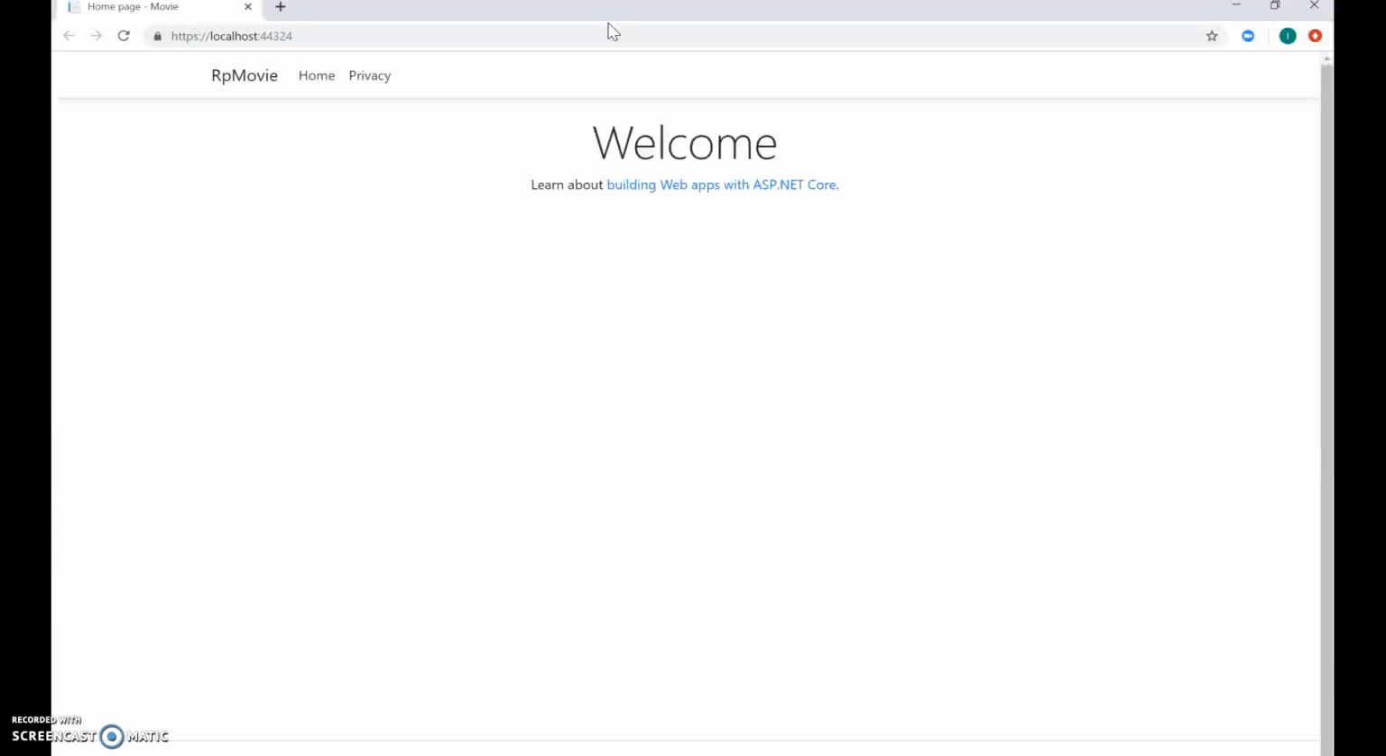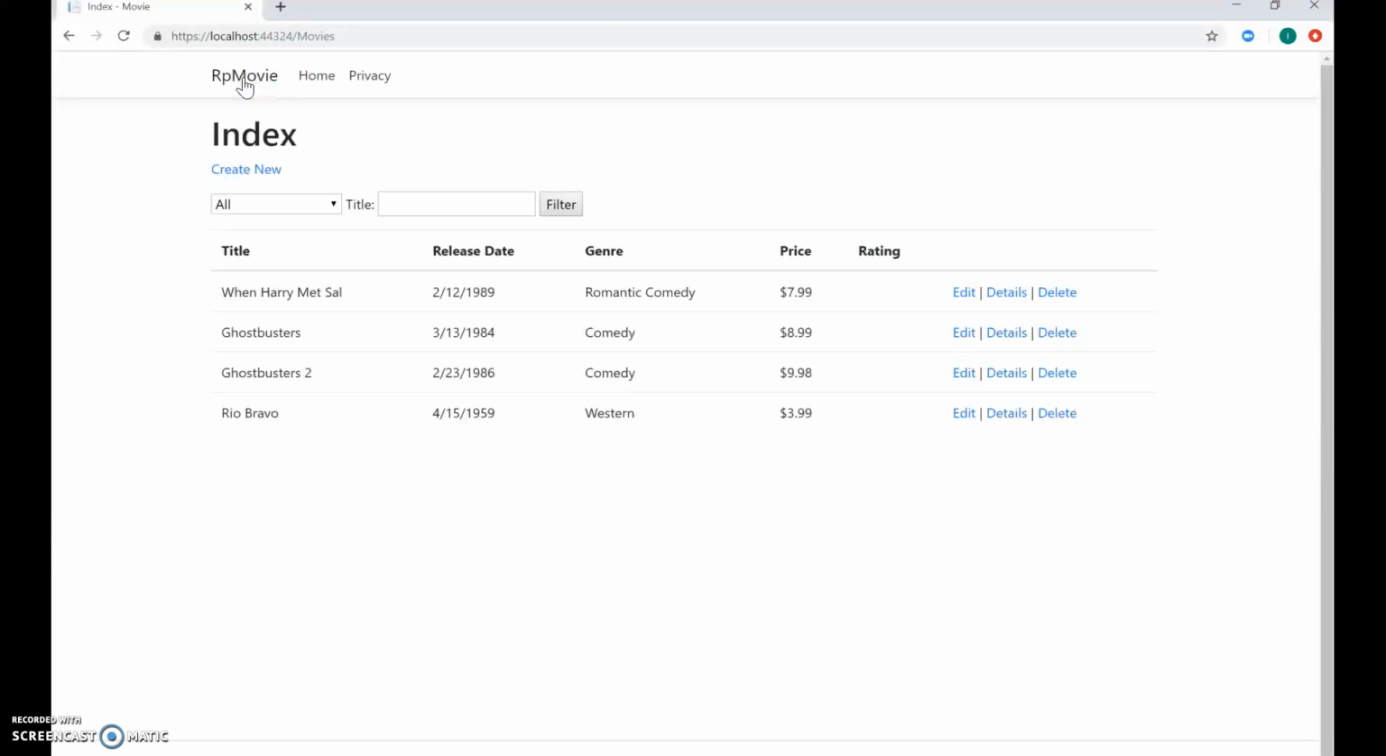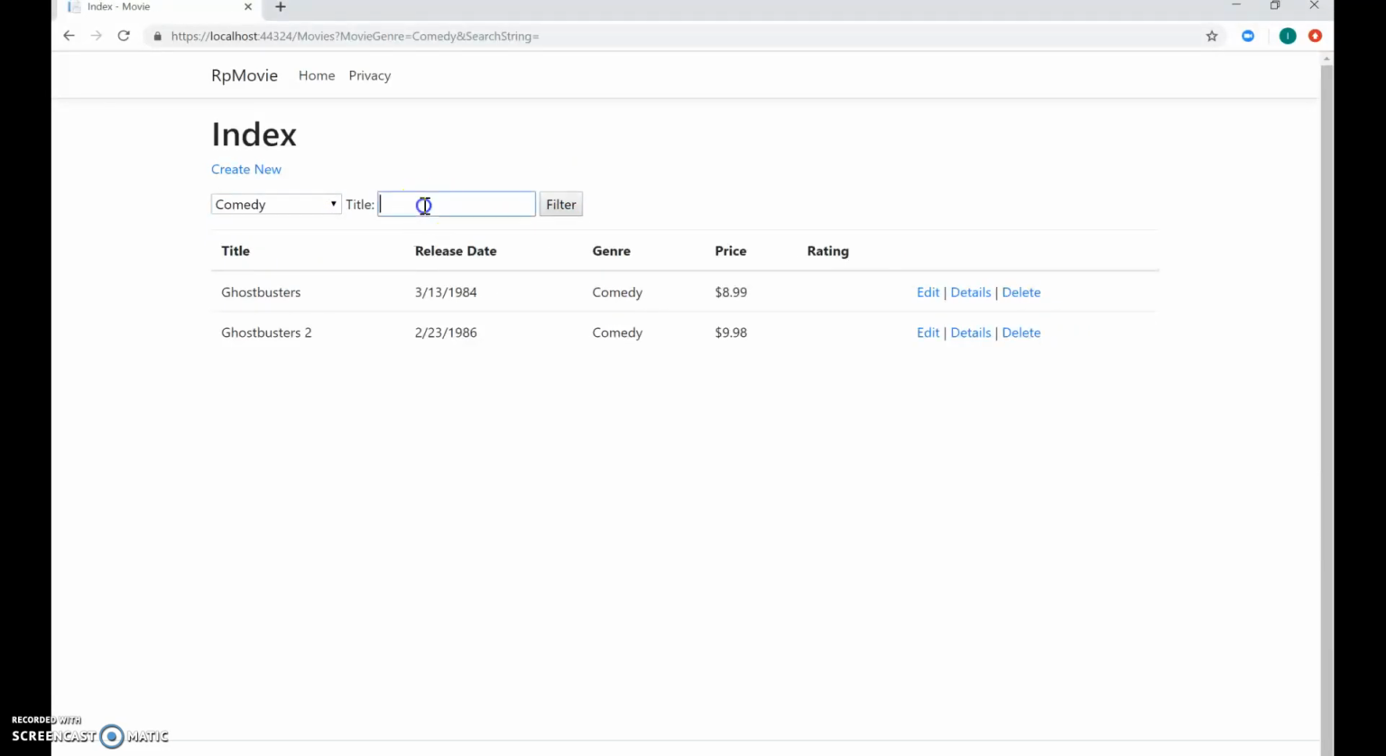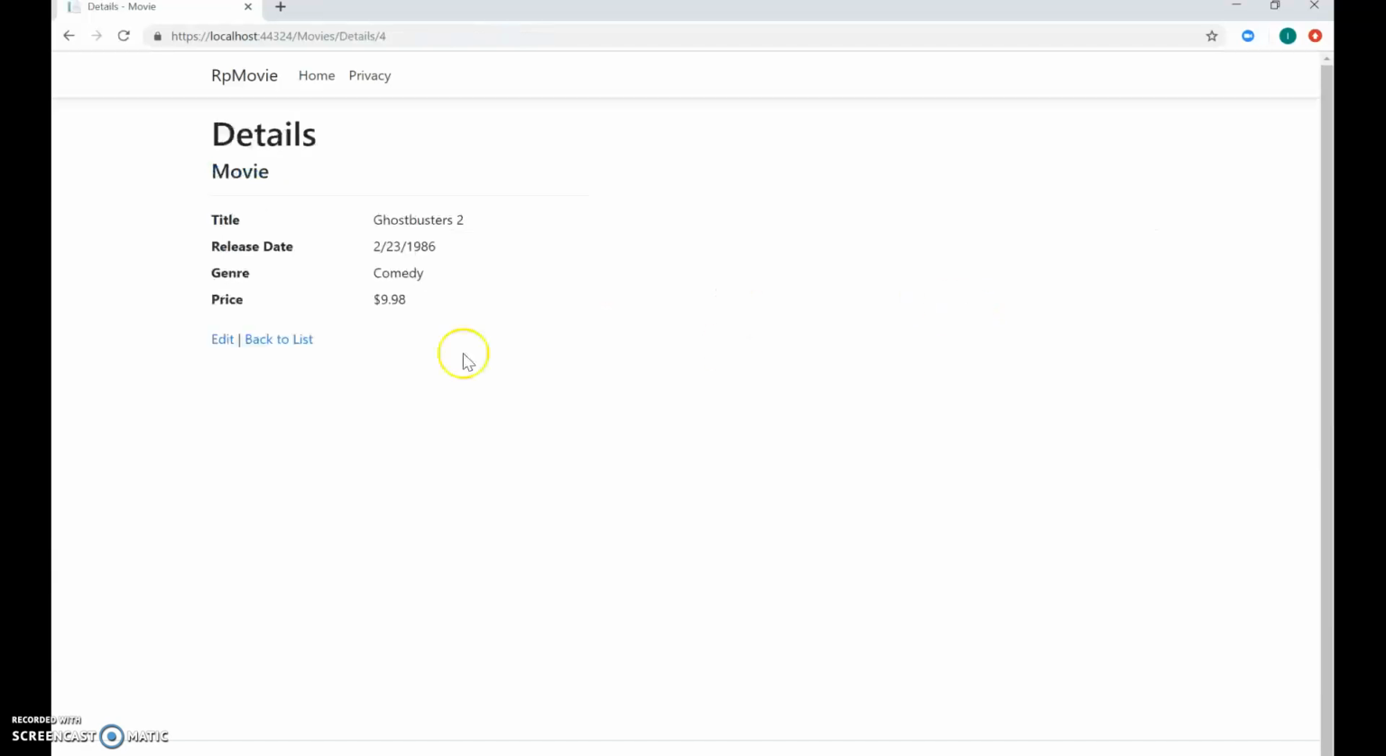Okay, it's taking a little long. Okay, so here's my index page. So this is generated from a database, like it's a seeded database. I can filter by genre and then a name at the same time, and then I can check out details,